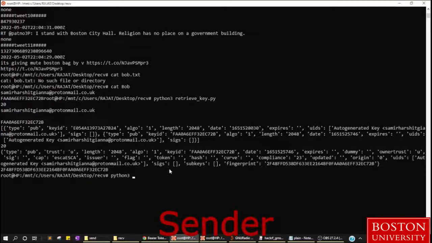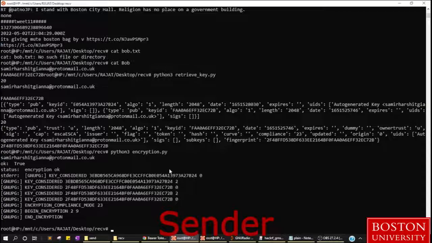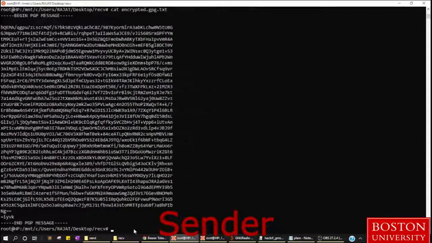If we run the encryption script, which we have written in Python, this will run thrice in order to generate a signature key, an encryption decryption key, and a final key, where the ID and public key are published on the Ubuntu key server. Here we can see the PGP message which we have generated using the